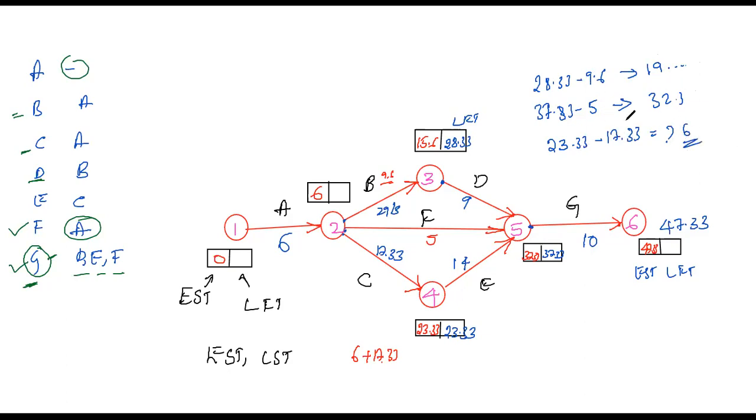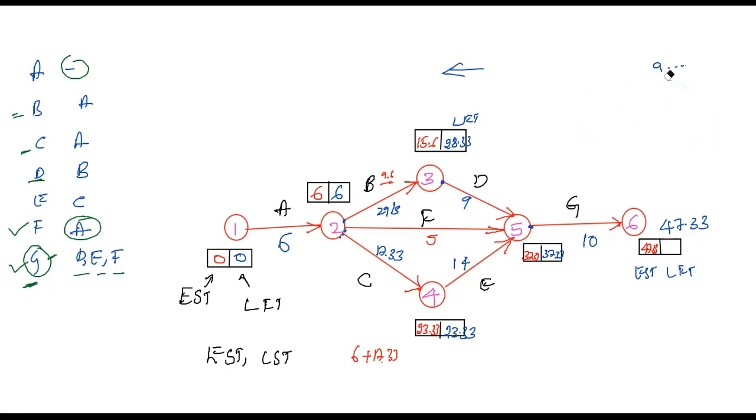Okay, here among the three values, you need to choose the minimum value while going in this direction. So among the three values, according to the three tails, the minimum is 6. So I will select the 6. Now 6 minus 6 is 0. So now we have completed all the EST and LFT of the activities, right? So we need to mention them in the table.